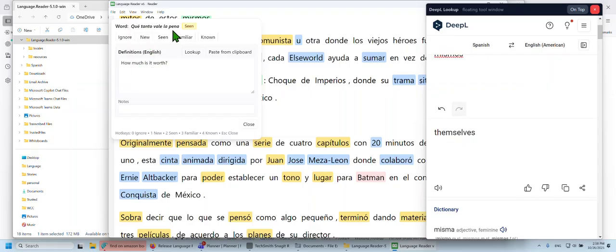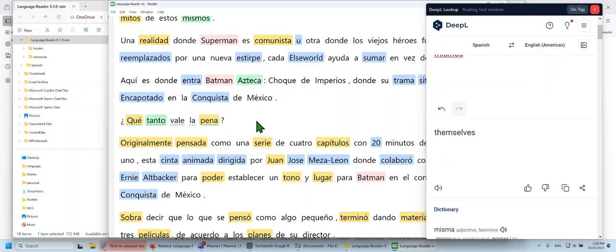It underlined it in yellow because I have it marked as seen. If I mark it familiar and hit close, you'll see that it's now underlined in green. So this is a way of seeing phrases in your stories as well. And it's saving that phrase to your dictionary